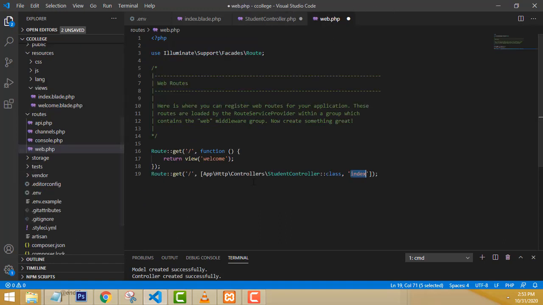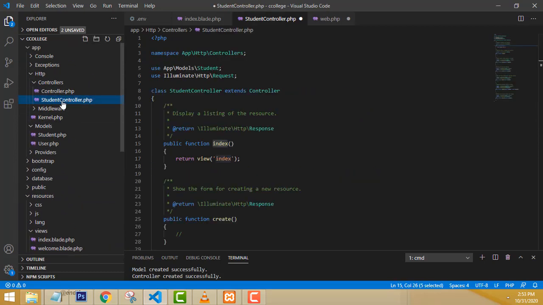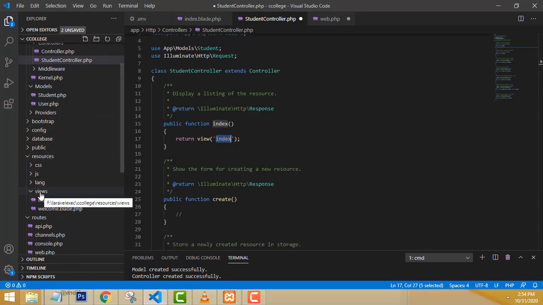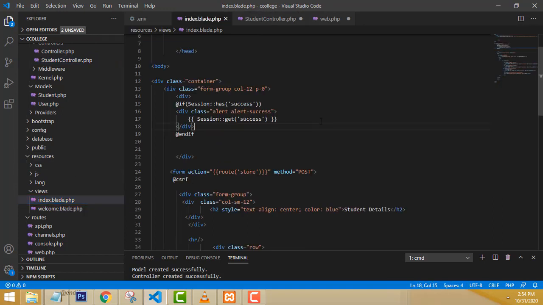Inside route web, web.php, the route is coming here, to index, right? So it goes here, to the StudentController.php page. First it loads the index method. It returns a view, meaning whatever page is inside this method will be loaded. What is the method? Index. So where is the index? It resides in the view folder. So whatever design you have in the index.blade.php is loaded and shown, right?